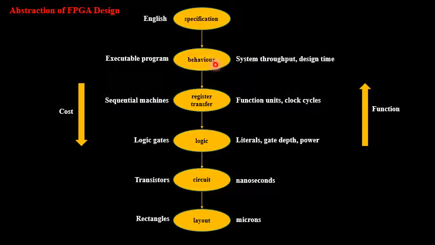What is the behavior? If I consider a simple inverter, you are familiar with your NOT gate. In your HDL lab, you might have written a programming code for an inverter, that is NOT gate or AND gate and all. So that particular programming you are going to write is going to describe the behavior of a particular circuit. So it will be in terms of an executable program. It may be a C program, it may be an HDL level program, any type of program you are going to apply as a behavioral input. So that will be an executable description of what your particular design should do. It will be described in the behavioral format.